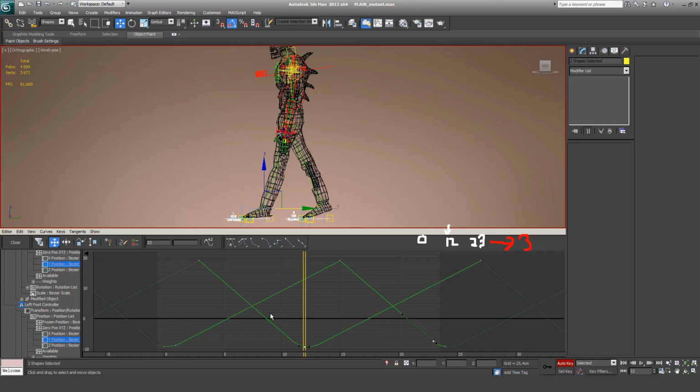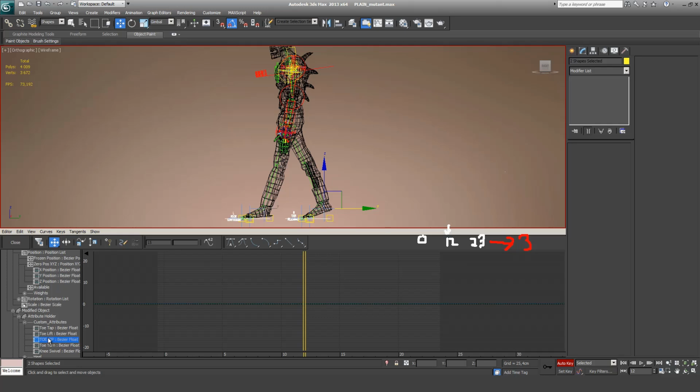Now it's time to add a toe tip effect. Currently this is the right foot controller and that's the left one. On the right foot controller, let's go into its modified object, attribute holder, custom attributes, toe tip. You also want to have Y position selected. For the toe tip, let's right click, add the keys, and stick a key at the 0, then right click, move the keys,